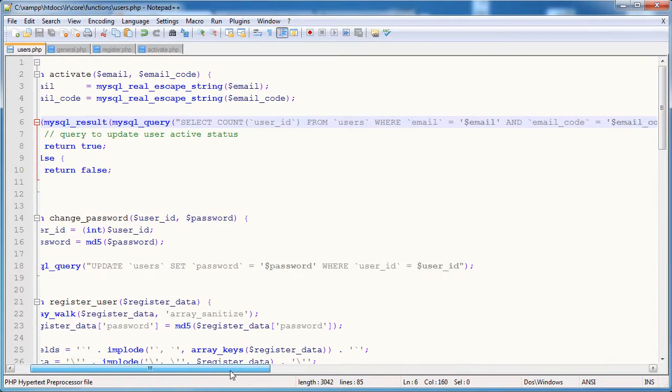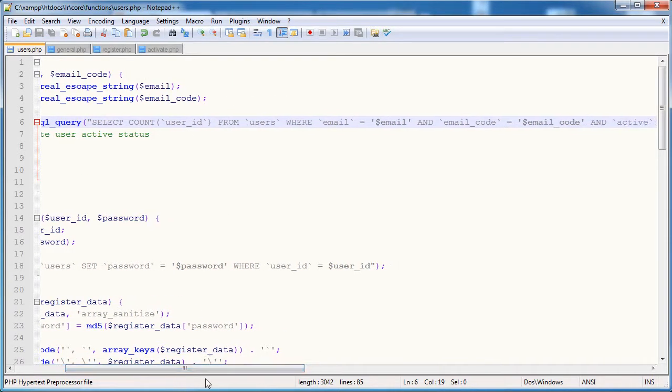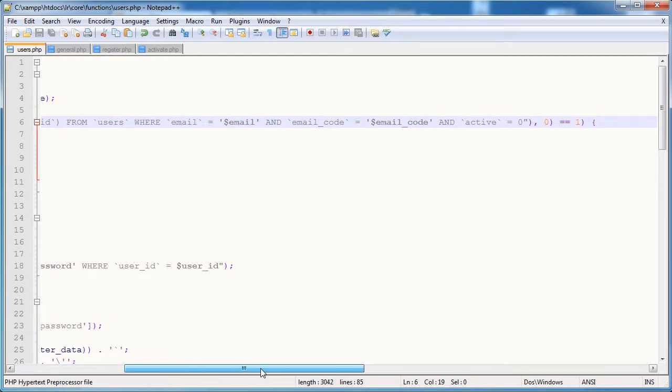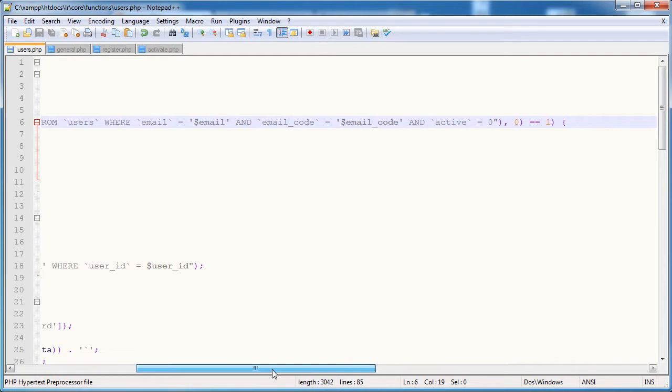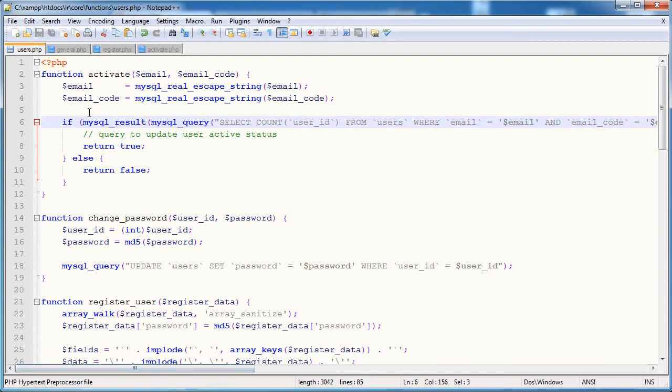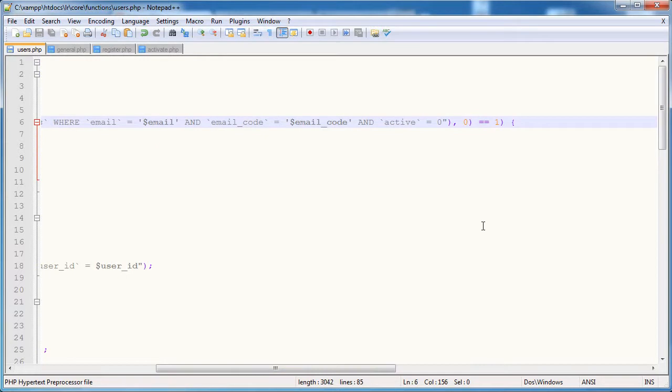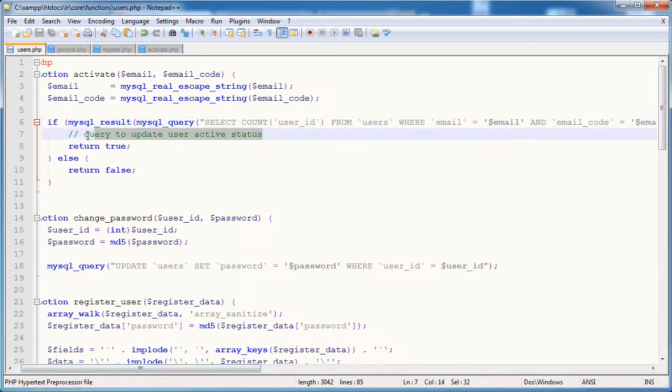So just a recap of what we've done here, we've done a query within a MySQL result. The query fetches the count of rows where the email is equal to a specific email, the code is equal to a specific code, and active equals 0. So essentially the email and the code return one row. On row 0, bear in mind that if the result is equal to 1, then it means that we have a match. So that means that the user's provided the correct email address and activation code,